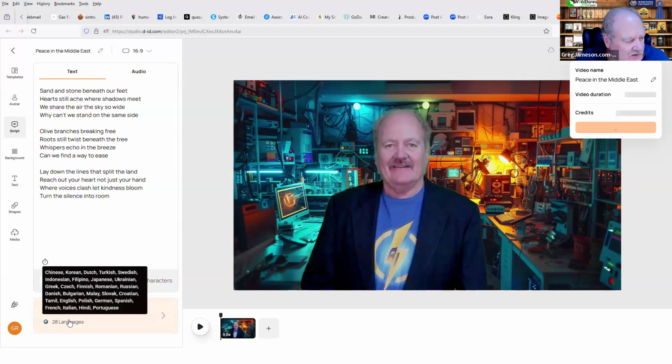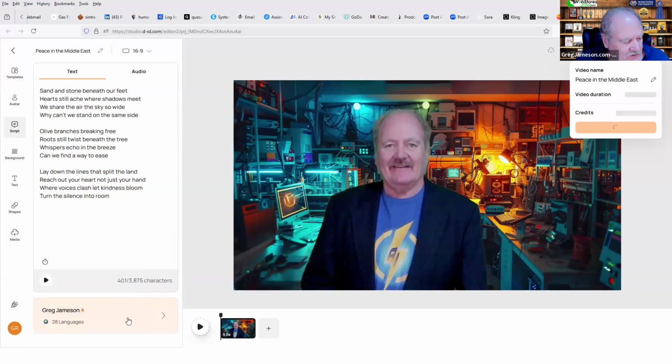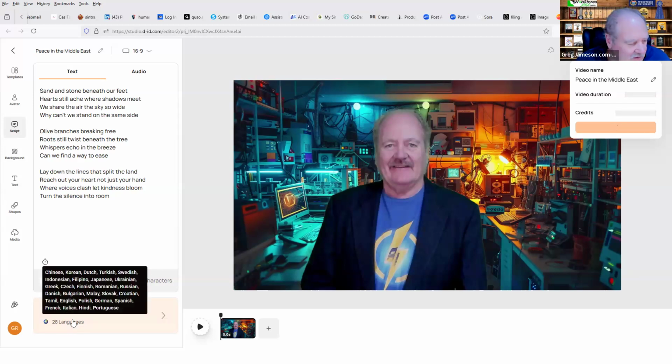You'll notice down at the bottom, it also says 28 languages. So if I wanted to change my output, even though I put this in English, if I wanted to change my output into one of these other ones that it's listing, trying to see if one of these makes sense.